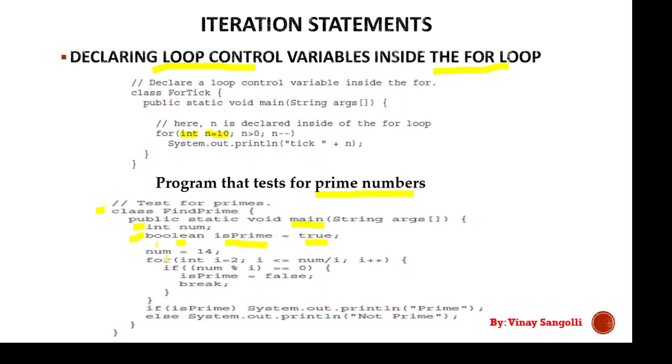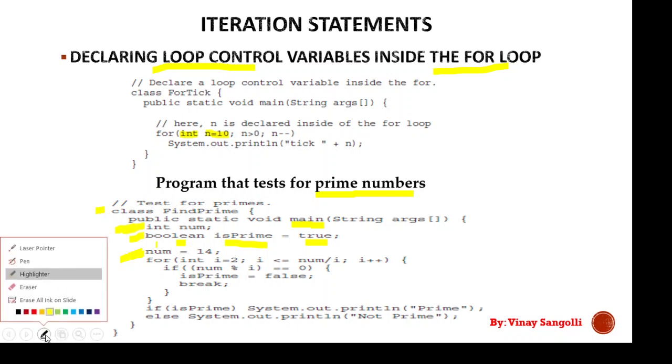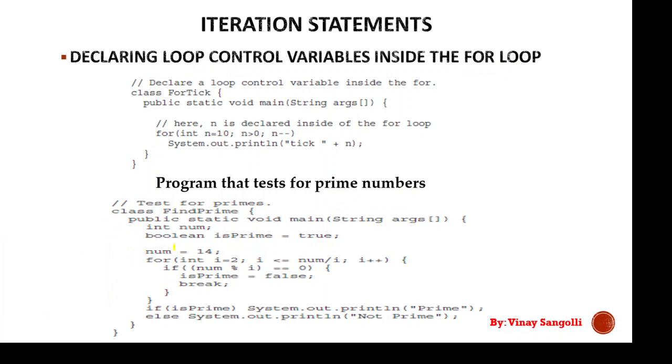After that we have defined one more variable. You can say num has already been defined here. Here we are giving a value to num, which is nothing but 14. After giving the value for num, we'll come inside here. So this is what has been demonstrated here, friends. The same thing, that is, we are defining the value of integer n is equal to 10 inside the for loop.